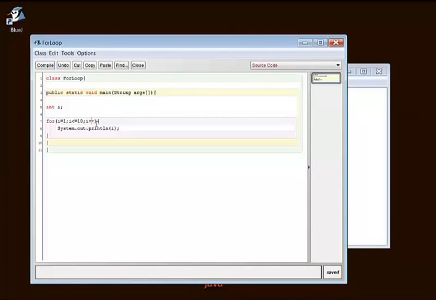Let me revise it for you. First time when you enter this loop, the control initializes the loop variable. Then it comes to the test expression. If it is true, it goes inside the loop body. Once it's done, it goes back to the update expression here. Now what we are doing here is we are incrementing the value of i by 1, so that will make it 2 since the value of i was 1 initially. The i++ is equivalent to i = i + 1. You can easily replace this i++ by i = i + 1, and it will run the same.